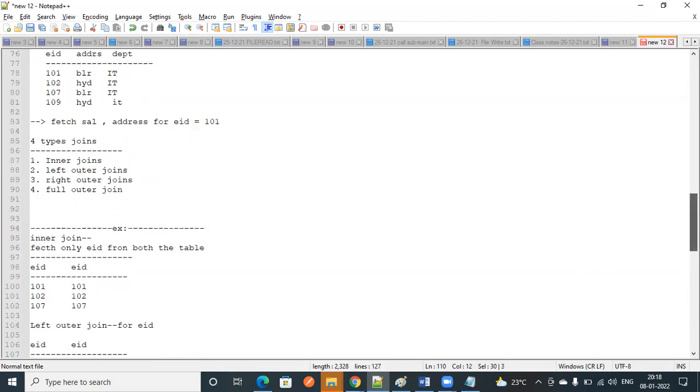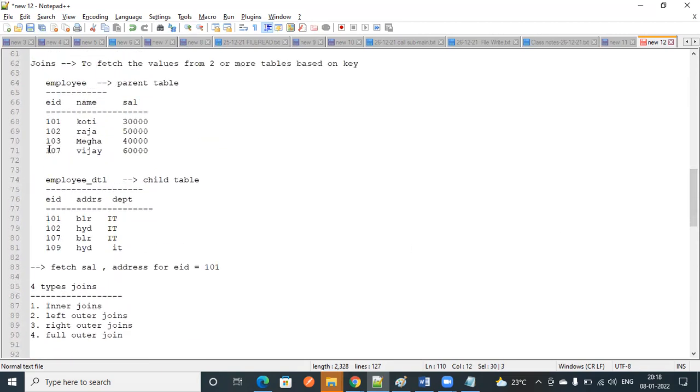After 103, what is there? 107. It will take 107 and look in the other table. Here 107 is present. Then it will stop. It won't bother about whether 109 or 1010 or any more rows are available on the right side.